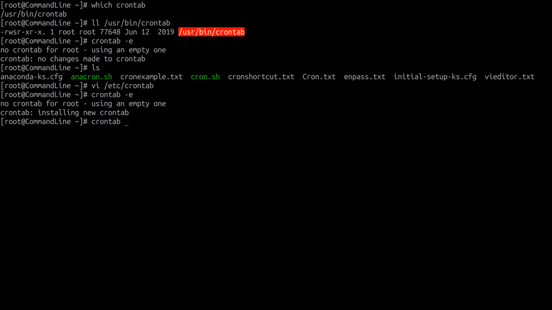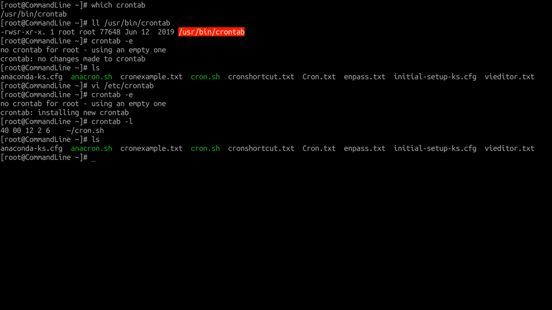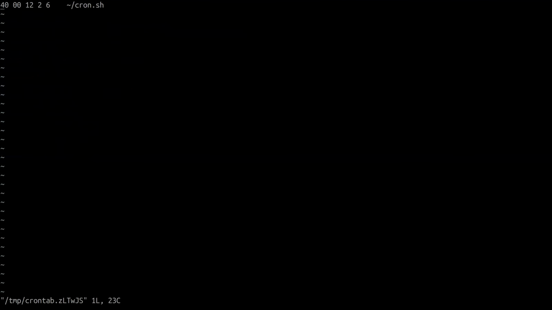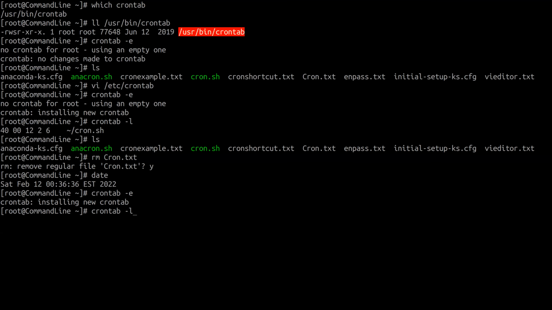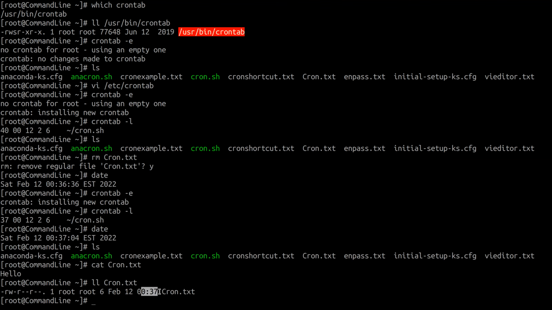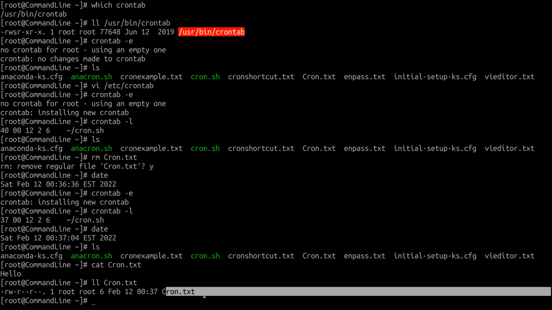And you can use the command crontab -l to see the job. So right now I can remove this file. Right now it's 36, but at 40, it should create another file, or we can change the date a little bit: crontab -e again, change this date. So instead of 40, we can say 37 quickly. Now it created another cron.txt. We deleted it here, and there's another one. cat cron.txt. And if we see the timestamp of this file, it was created at 37. So this was the job that we defined using the crontab -e command.